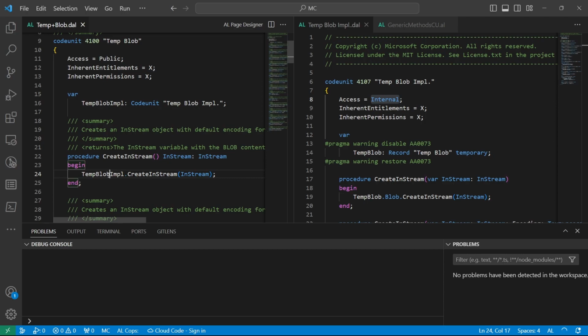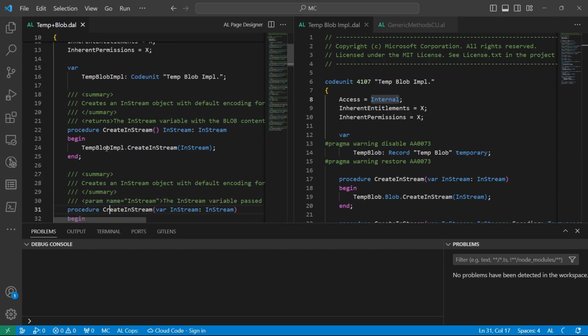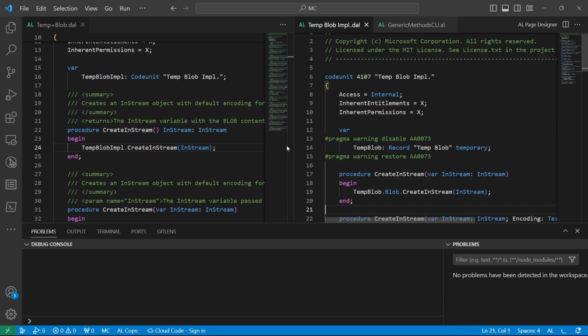So most of the system subsystems or system code units and methods have implemented this design pattern. Like the create in-stream will call the Temp Blob implementation dot create in-stream. So whatever we have is this. So the part of the Temp Blob implementation can change. So this part can change the create in-stream from this side, but as long as we get an output of an in-stream, then for us we're okay,